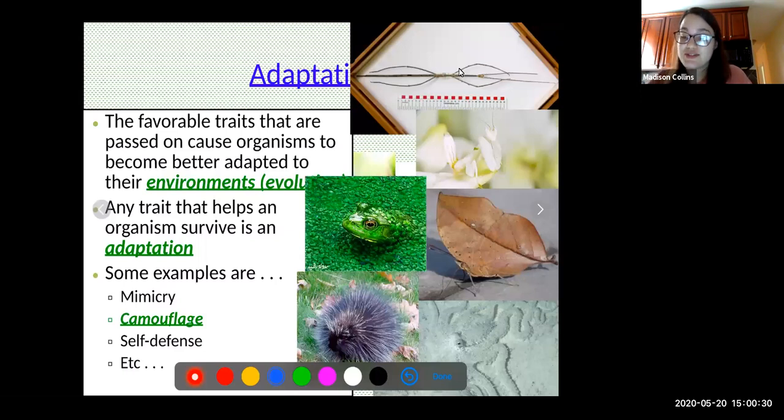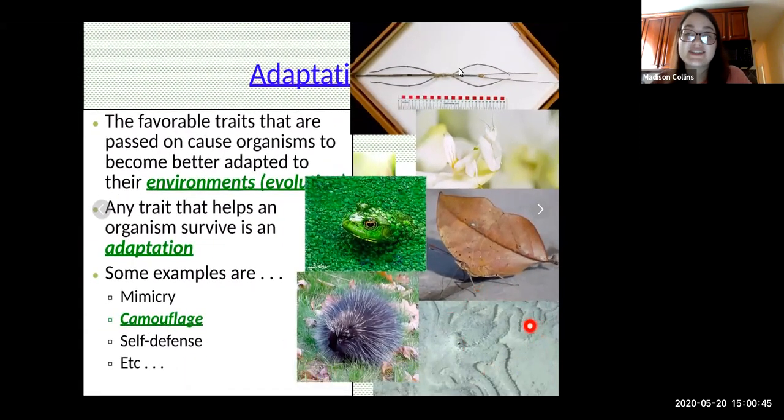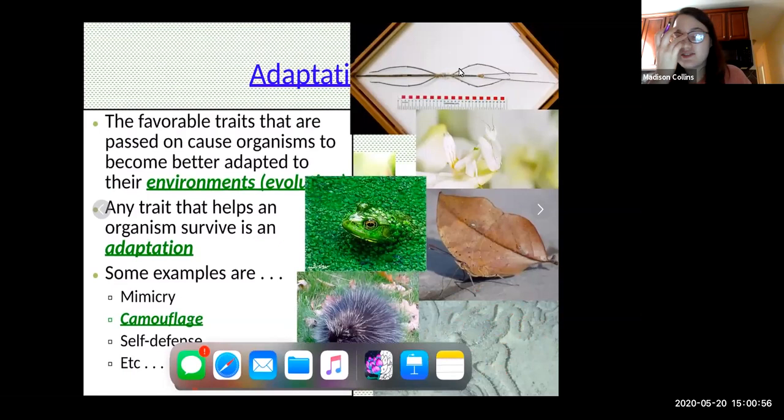Same thing with this green frog, it's the exact same color as the environment it's living in, as well as, I don't know if you can see down here at the bottom, but this is actually, oh my gosh, a sort of octopus that's blending in with its environment. It's almost the same color, so you can't see that it's there if you don't see this one little eye. You can kind of see its tentacles if you look closely, but the average fish is not going to notice that and is going to fall victim to that camouflage.